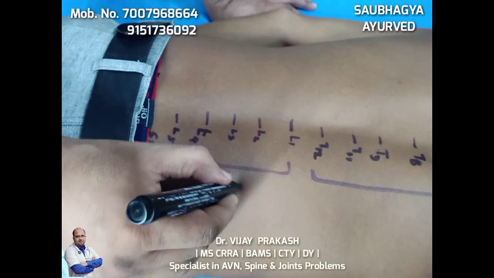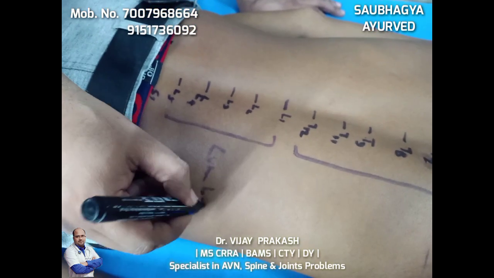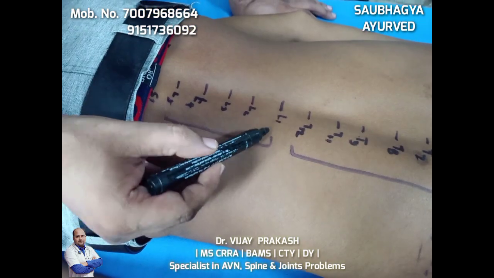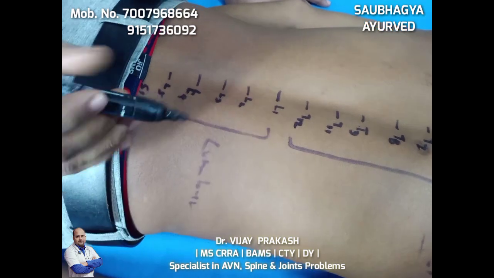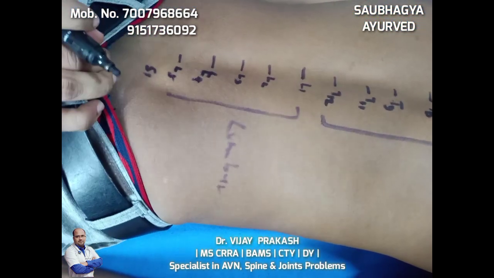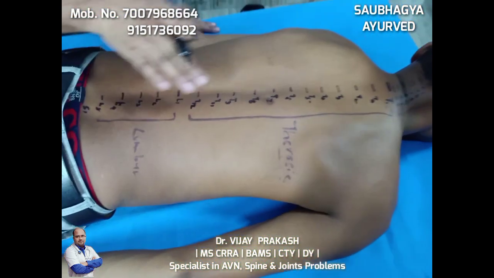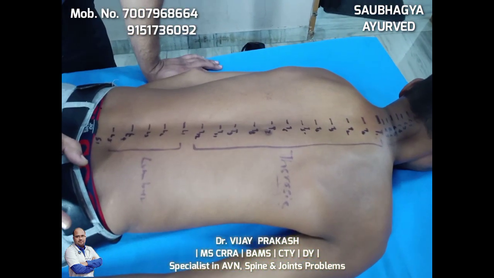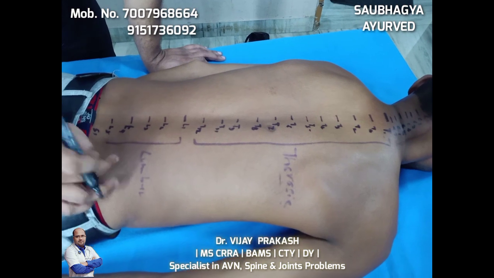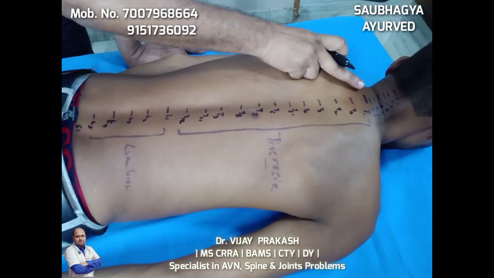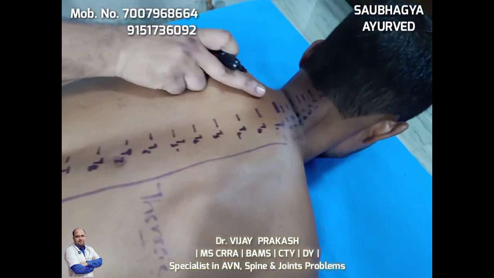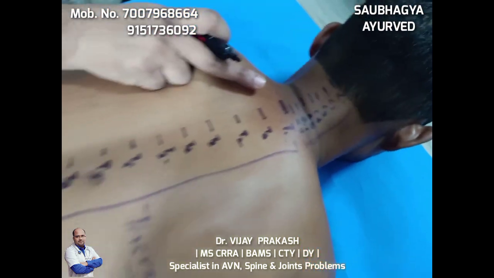The vertebrae are L1, L2, L3, L4 and L5, and last is the sacrum and then the coccyx. These three major portions of the spine are important, but the most important are the lumbar portion and the cervical portion, because most diseases commonly occur at the cervical and lumbar portions.